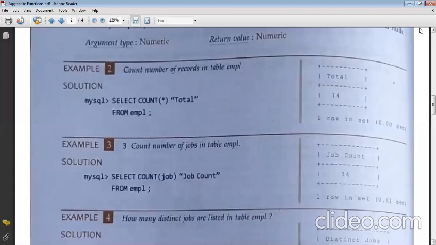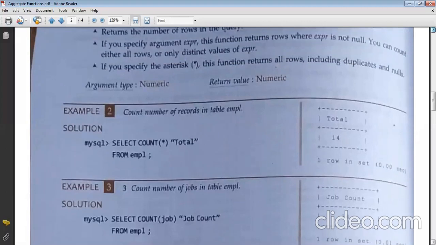Okay, before moving on to the next one, we have some of the questions of the textbook. The first question we have is count number of records in the table EMPL. That means how many rows do we have? So we can simply write the query, select count all, and you can give any column name from EMPL. Now see, when you will be writing it into the journal, there are 3 queries for the same count function. It is using distinct, using all, and using asterisk. You can choose any one of them, and if you want, you can write all 3 of them.